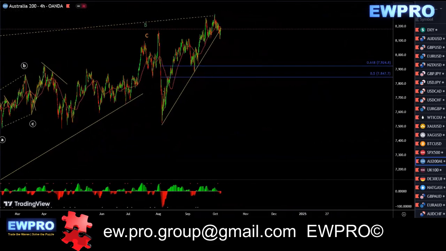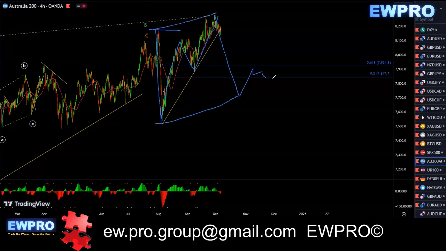This may be a flat in here. We had that nice impulse down, but this went and broke the top in 3 waves. So we may get some sort of a running or expanding flat in here. And then if you get a buy up, you could look for a buy. But at this stage, I'm looking for this C down. And I wouldn't be buying until you get a C down and a buy set up,